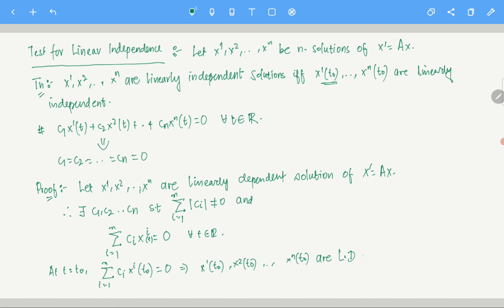Let me write it down like this in R^n. Please understand this ξ(t), as t varies, that's a function, right? ξ's are functions from R to R^n. But when you fix a t_0, it's just one vector, it's not a function anymore. So basically what you showed is that if they are all linearly dependent, then x1, x2, ..., xn at the point t_0 are also going to be linearly dependent. So now one part is done.